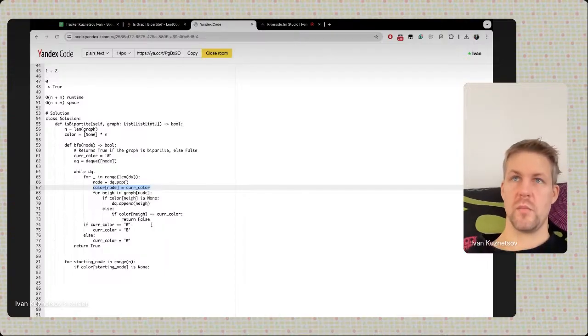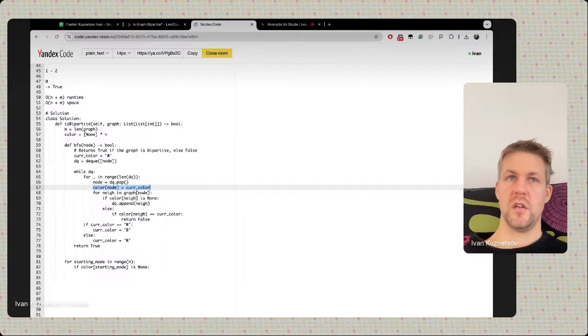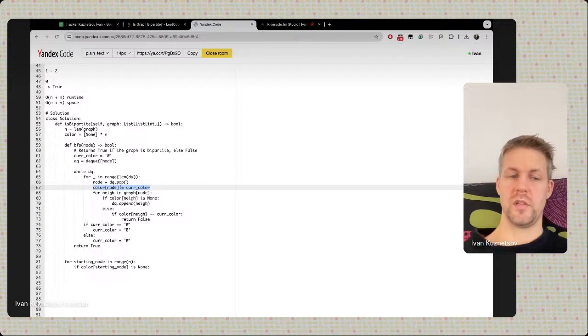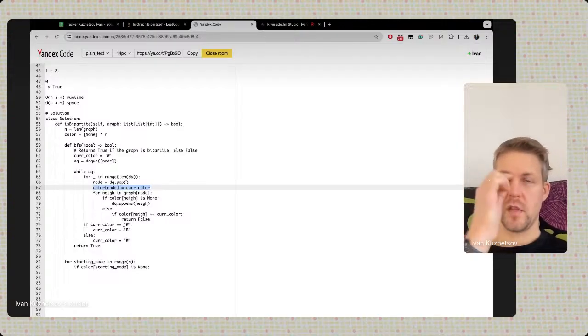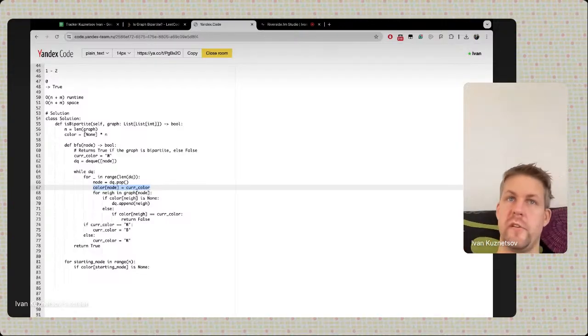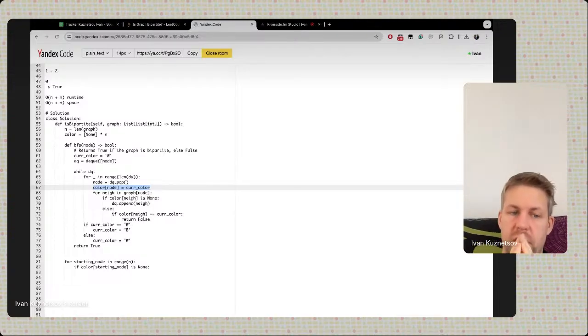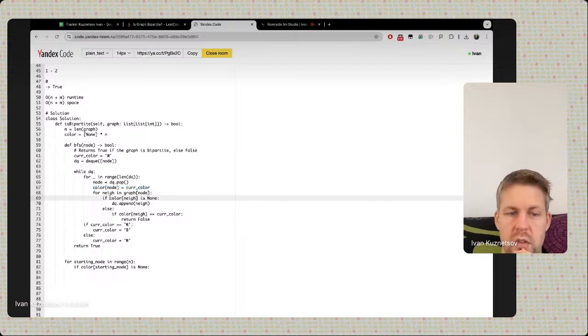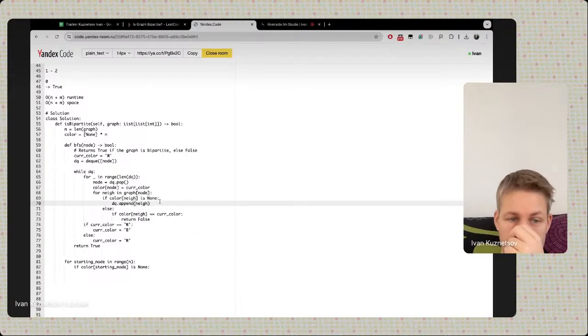Because see, maybe we will be adding node several times to our double-ended queue right now in BFS. What if we are arriving from 5 different nodes and we are not checking before adding the node? Before adding the node, it's none, but we are not coloring it right now. So